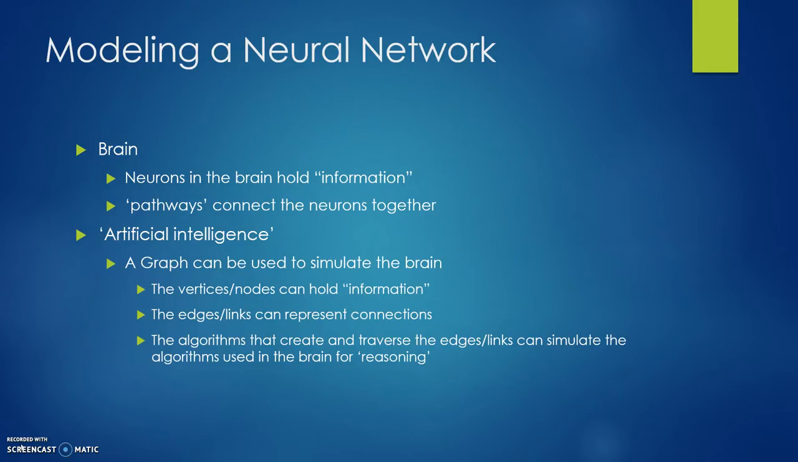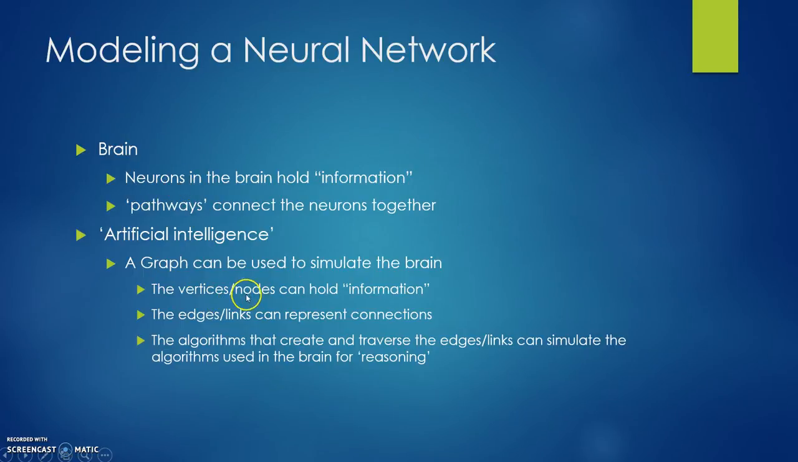Okay, so one thing a graph can be used for is modeling a neural network. So in the brain, the information that we retain is held in neurons, and these neurons are connected together through a series of pathways. And then reasoning in the brain is sort of following pathways through these neurons to connect this information together. So with artificial intelligence, we can use a graph to simulate the brain, where the neurons can be simulated